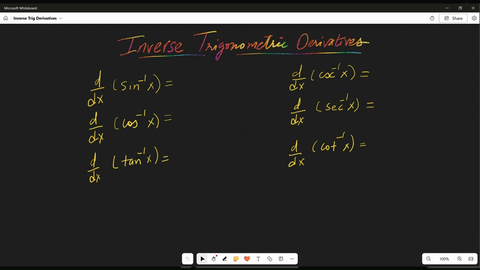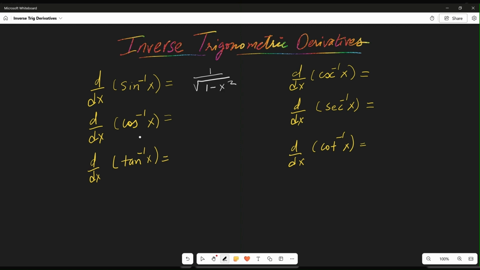If you have the formula sheet in your hand already, you'll see that there are similar derivatives, just with a negative sign, and that's the best way to memorize them. The sine and cosine inverse derivatives are similar, with just a difference of the negative. In other videos I can also show you the proofs of these inverse derivatives. The derivative of sine inverse x is 1 over the square root of 1 minus x squared,